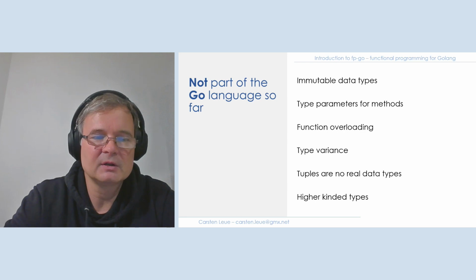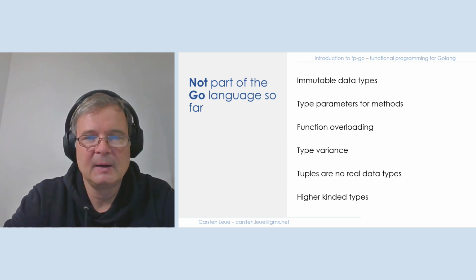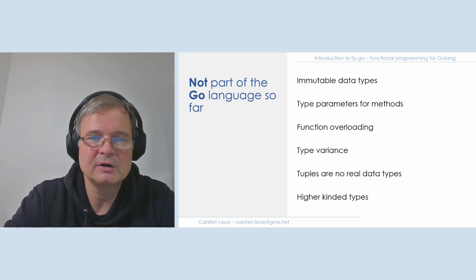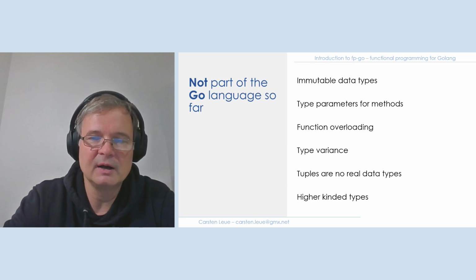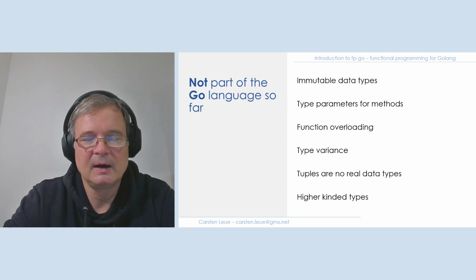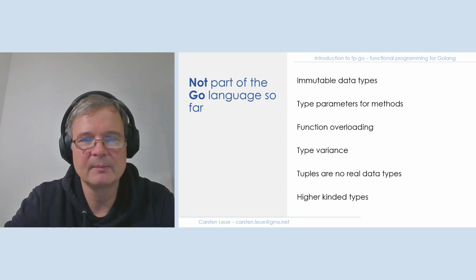In Go, we can also have functions that are associated with data structures, very similar to methods on an object, but it's not possible to give these associated functions their own type parameters. Type parameters can only be on the object itself or on standalone functions, but not on associated functions. In some cases, it would be helpful to have that. Maybe it comes one day.